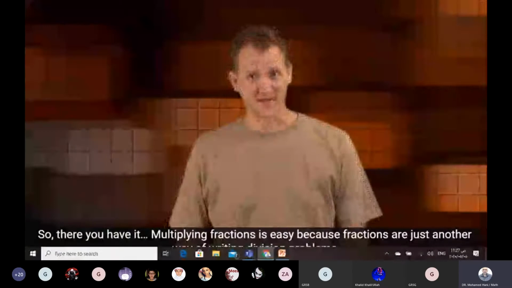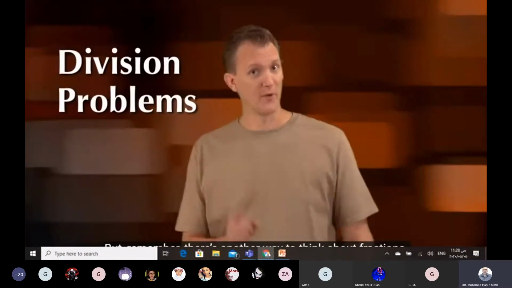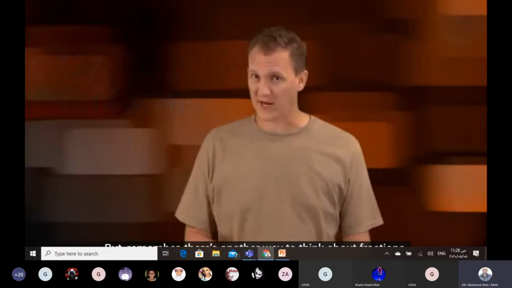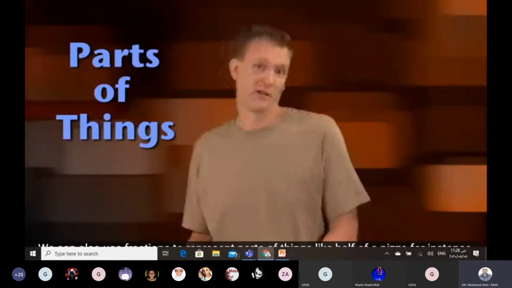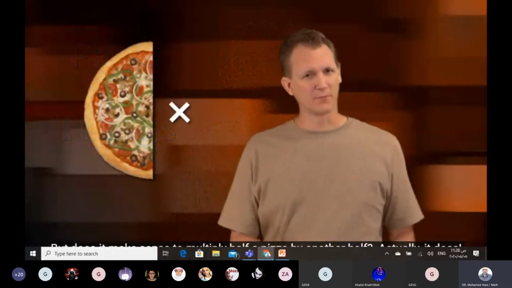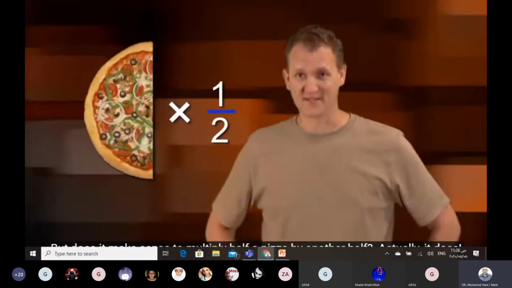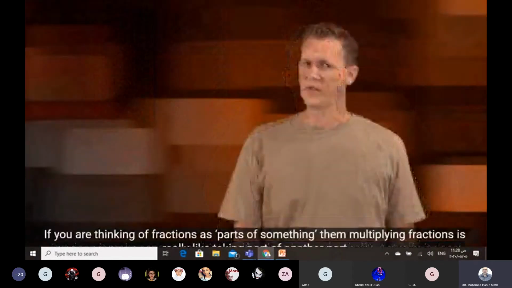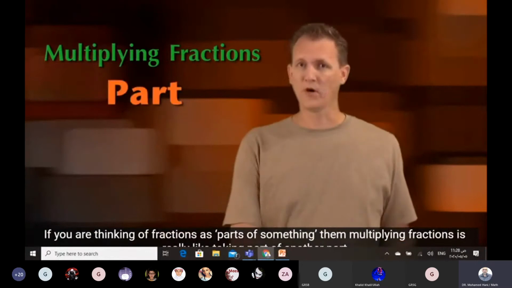Multiplying fractions is easy because fractions are just another way of writing division problems. But remember, there's another way to think about fractions. We can also use fractions to represent parts of things, like half a pizza, for instance. But does it make sense to multiply half a pizza by another half? Actually, it does. If you're thinking of fractions as parts of something, then multiplying fractions is really like taking part